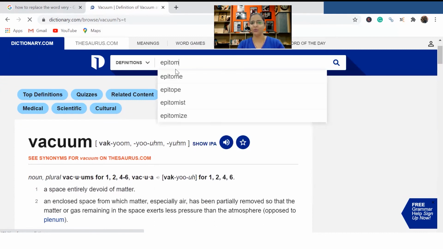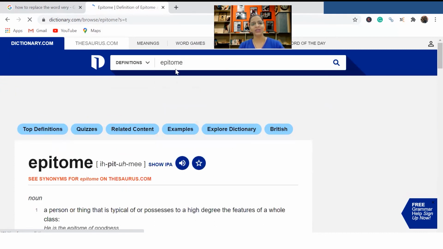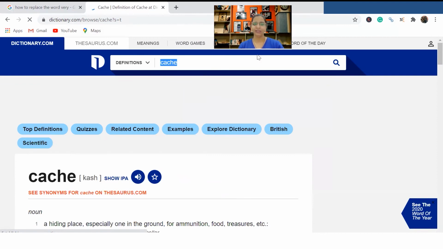And at times you do not know the pronunciations. Like this is called "epitome" and not "epi-tome." Many of you pronounce it wrongly. A lot of you are making these mistakes, but this can be sorted out. Like a lot of you are pronouncing "cache" wrongly. See, this is how it is pronounced. At times you will find a very simple word falling into your mailbox whose spelling or pronunciation you might not know. So just subscribe to dictionary.com, because this is important.